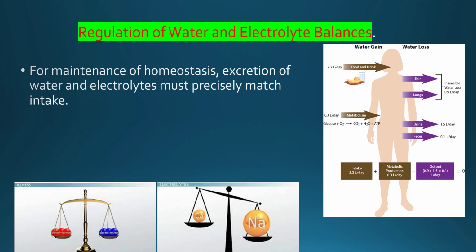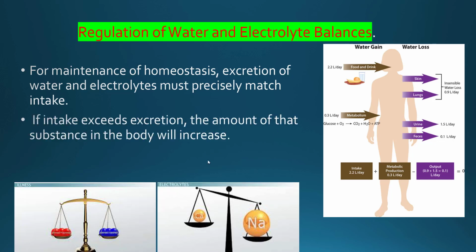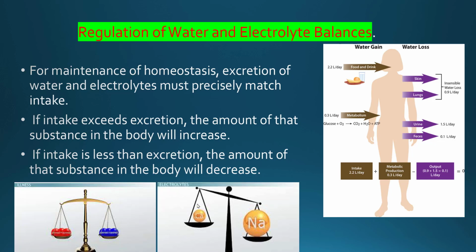Regulation of water and electrolyte balance. For maintenance of homeostasis, excretion of water and electrolytes must precisely match intake. The intake and excretion must precisely match each other. If intake exceeds excretion, the amount of that substance in the body will increase. If you take in something more, like drugs or food, and it is not excreted, it will accumulate in the